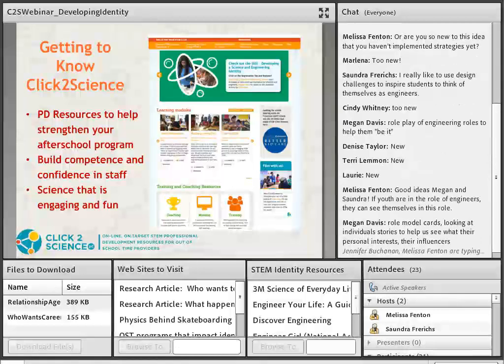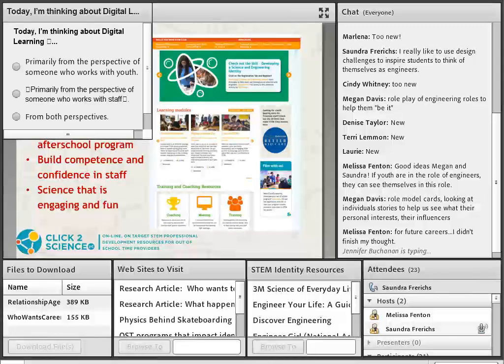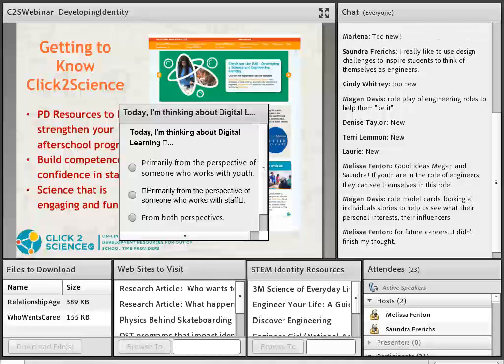And I think that means that it's probably a good idea to open up our poll that we want you to give us some feedback. We're going to put that right in the middle of the screen. And let us know where you're coming from on this. What is your perspective today? Are you thinking about digital learning primarily from the perspective of someone who works with youth, primarily from the perspective of someone who works with staff, or from both? That'll kind of help guide our discussion a little bit and know what sort of comments and